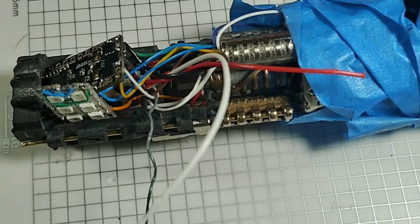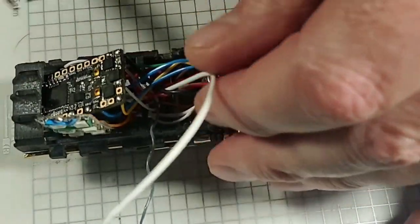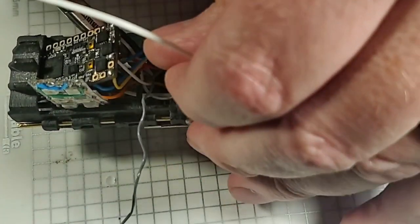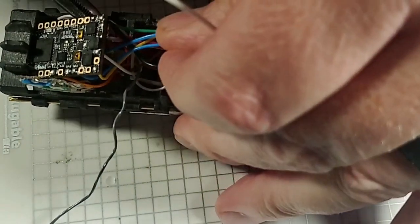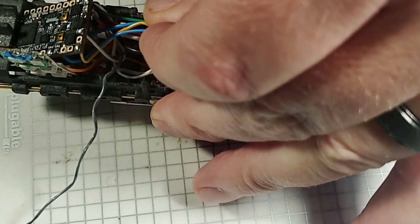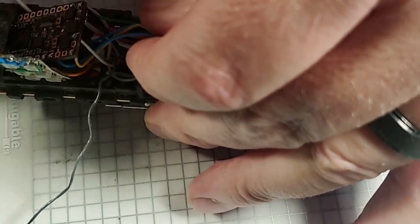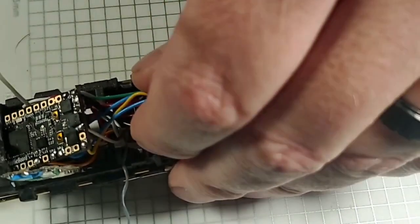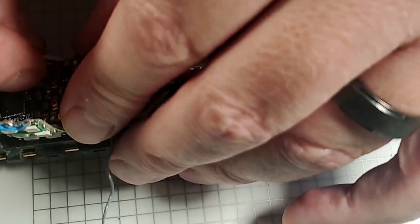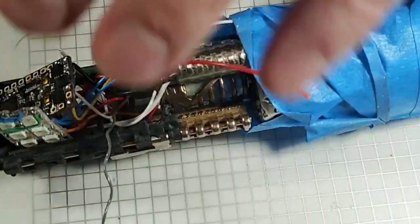Alright, so I'm now at a point where I need my battery negative. And my battery negative is actually this white wire that comes off the recharge port here. I'm going to try and pull it out through this mass of wires here, so it's where it's supposed to be. And it was pulling on that merge. Okay, so our battery negative, I don't want to give it some slack because this is a 22 gauge wire. I'm going to cut it probably about right there, and then